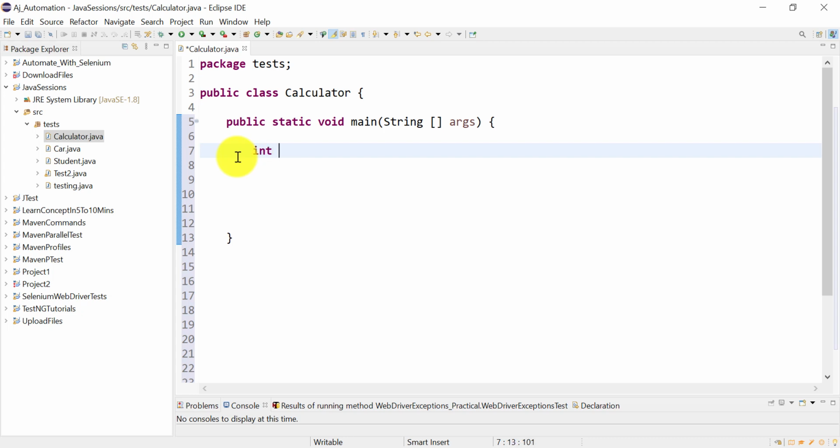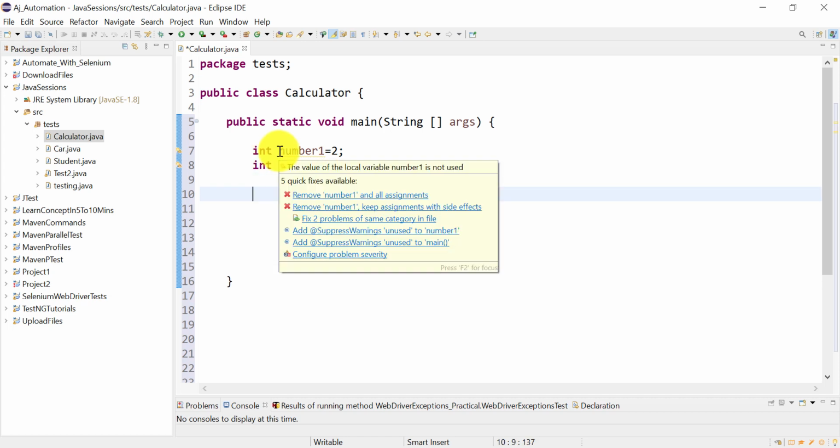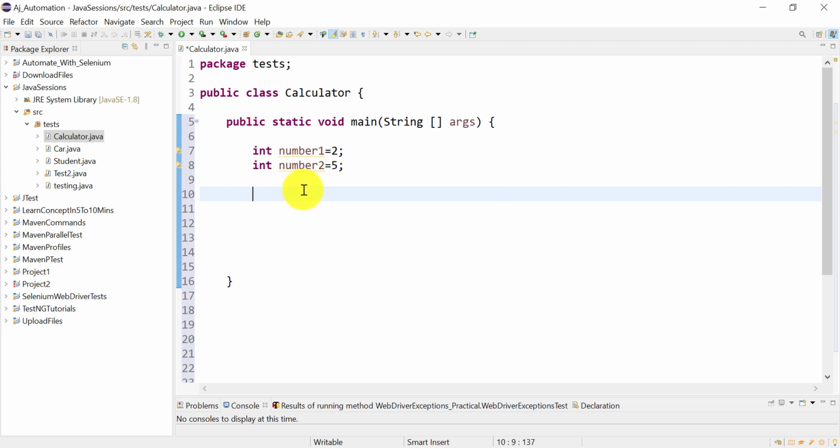So let's say int number1 = 2, then int number2 = 5. These are some variables. So this is our simple Calculator class. Let's try to find how many identifiers are there in this program, only in these 4 lines of code.